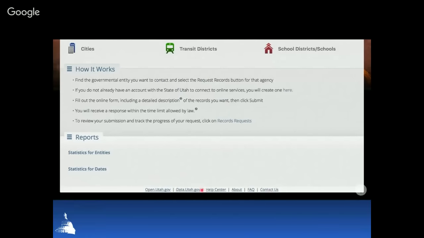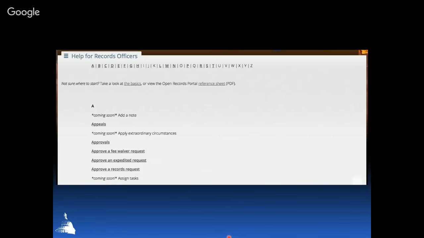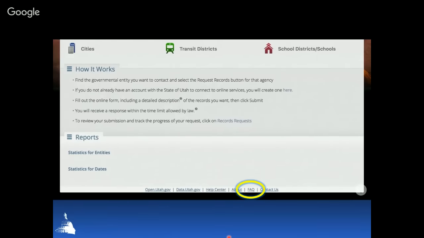Down here at the bottom are some links to help you. One is the Help Center, which has a bunch of different articles, how-tos on how to do things, and we are adding to that constantly. The next is the Frequently Asked Questions.